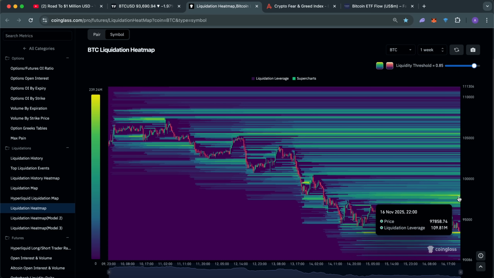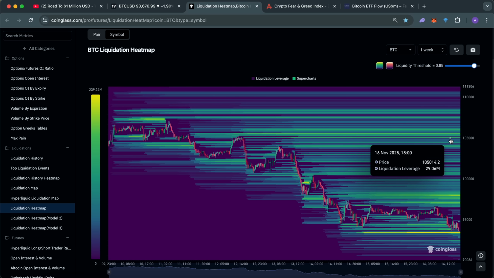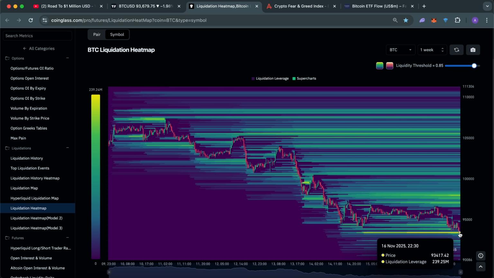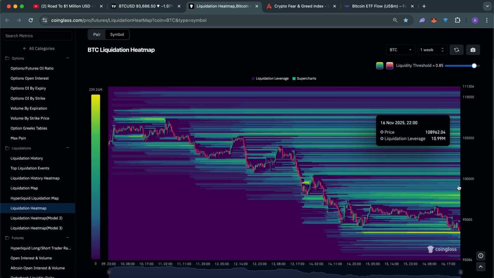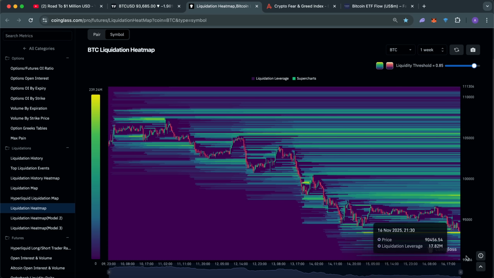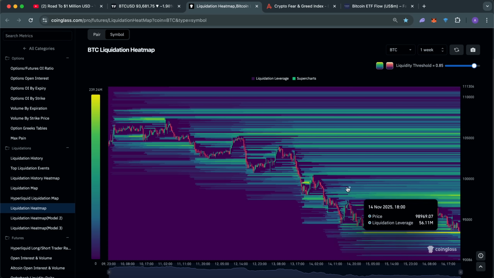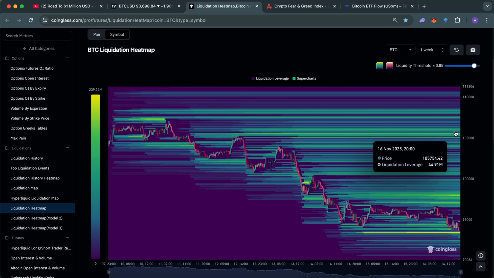Now if I zoom in all the way to the 1 week time frame, notice how right here we do have a bunch of liquidity around 98k, and even at around 105k in the Bitcoin price. Most of the liquidity is still to the downside at 93.4k. However, we do have a bunch of liquidity piling up to the upside here as well. So be on the lookout for some kind of potential bullish divergence confirming, and after seeing breaks of the descending trend lines on the lower time frames, we might start seeing a move to the upside in order to take out a bunch of liquidity here.